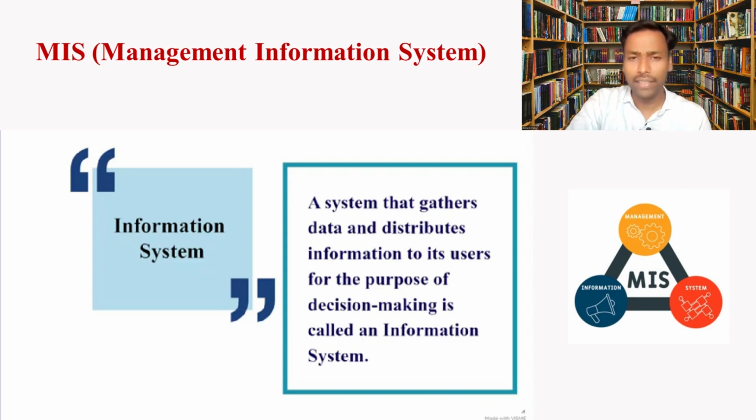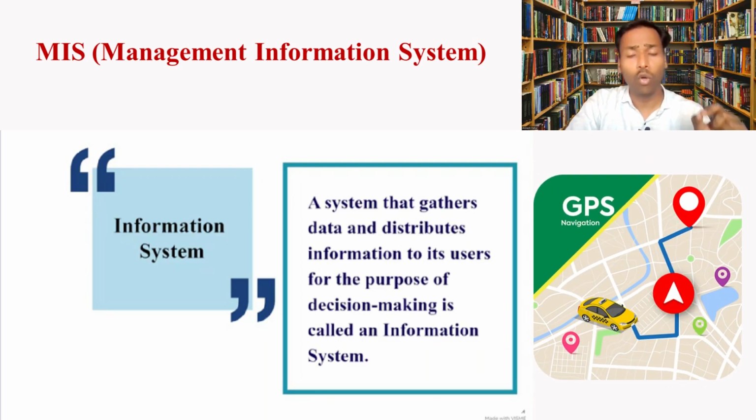One major example is GPS or any app that you use to find out the routes to a particular destination. What data is it utilizing? It utilizes the data that has been fed into the GPS app related to the routes and the traffic on the ground, and then it processes that data to give you the information that out of all the possible routes, this is the fastest one. Based on this information, you decide how to reach your destination.